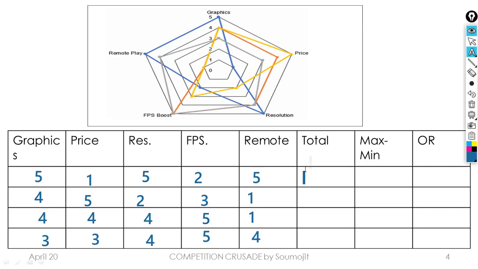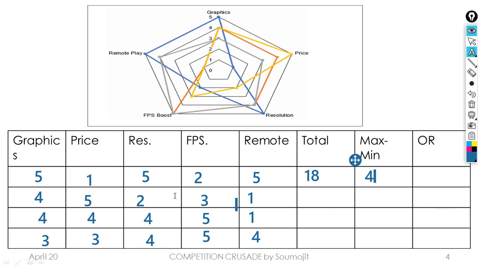So now I'll total this one. So you see 5 5 5, so 15 plus 2 17 plus 1 18, so this is 18. Okay, max minus min. What is this? Max minus min is, you see, maximum value for the first console is 5, the minimum one is 1. So 5 minus 1 is basically 4. So I'll write a 4 over there.